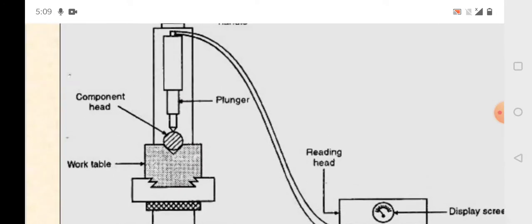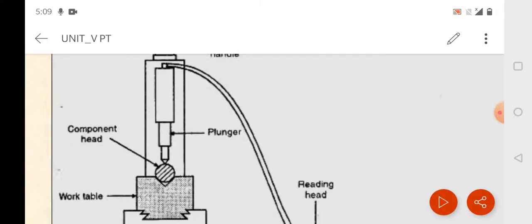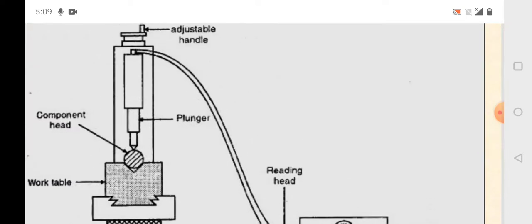So here is the arrangement. The plunger is connected through all these means to the Wheatstone bridge. It is connected to one of the resistances of that bridge, and the up and down movement of this plunger will vary the resistance in that member and vary the balance of that bridge, and it gives you the reading. So this is what an electrical comparator is, where we can see